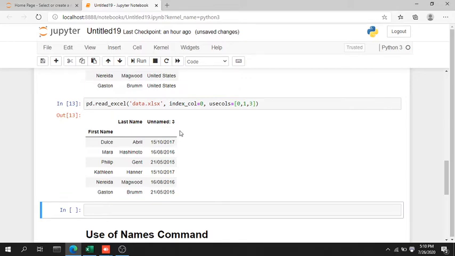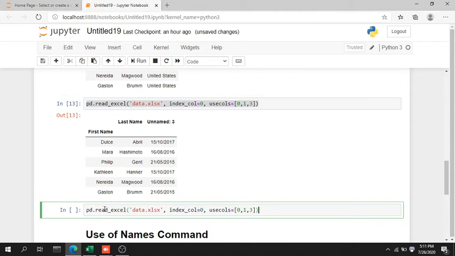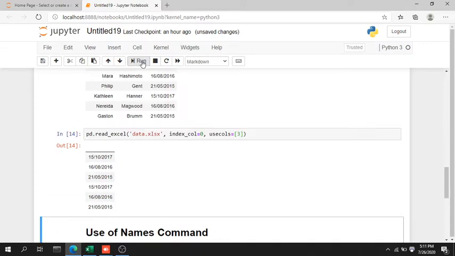Now you can see what I have done is I have just given the command and used usecols with 0, 1 and 3, and it has given me the 0, 1 and third columns. As you all know that I have not given any name to the third column, and it is shown as unnamed 3. You can also find your information by using a single integer. If you want only one column, let's suppose I only want column number 3, then I can use a single integer, and you can see it has given me just column number 3.